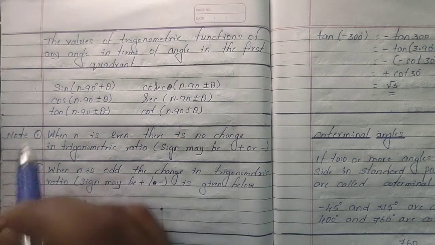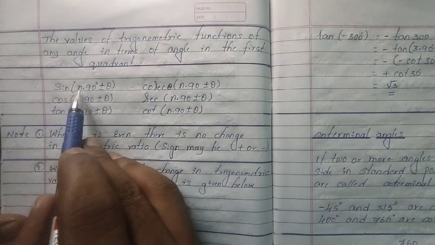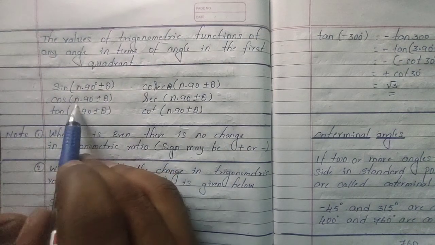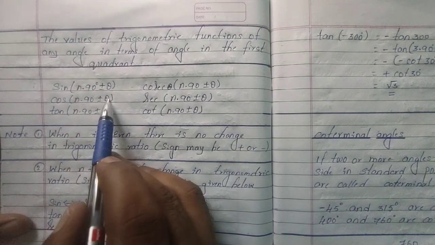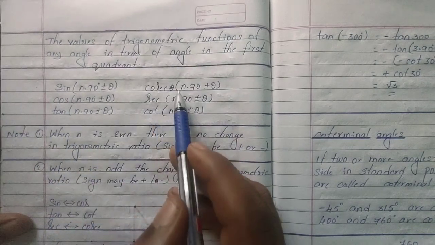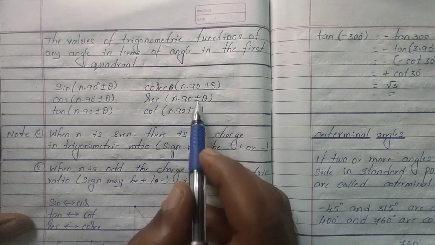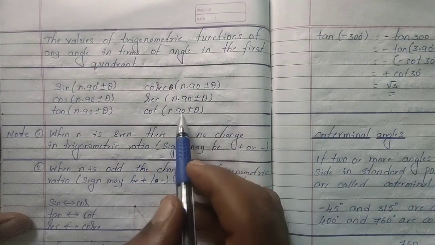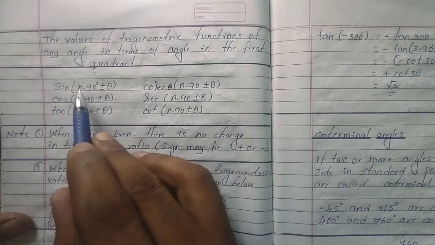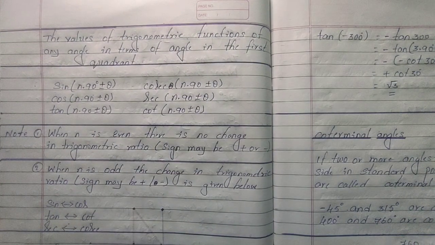The given angle we should change into sine n into 90 degree plus or minus theta, cos n into 90 degree plus or minus theta, tan n into 90 degree plus or minus theta, or cosecant, secant, cot n into 90 degree plus or minus theta. Here what is n? n can be positive natural numbers. Okay,